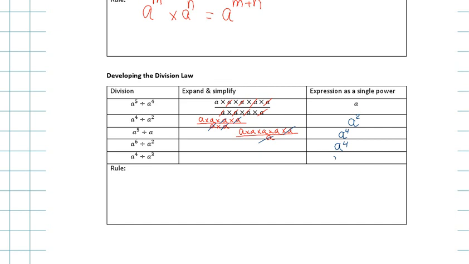That's right. So the rule is, if you have a to the power of m over a to the power of n, again, you have to have the same base, then you do a to the power of m minus